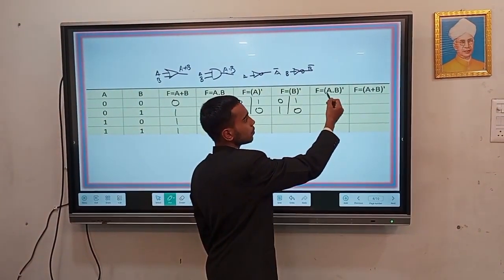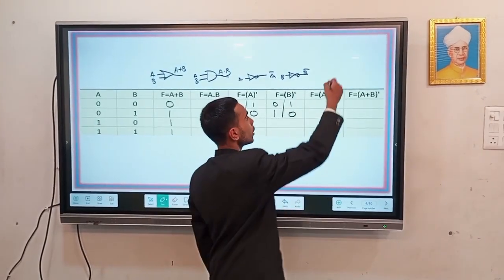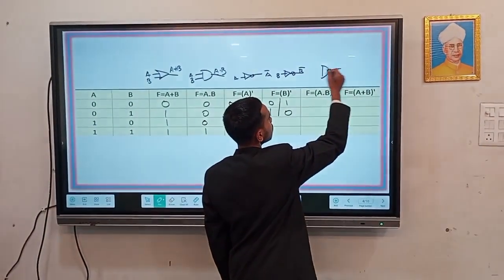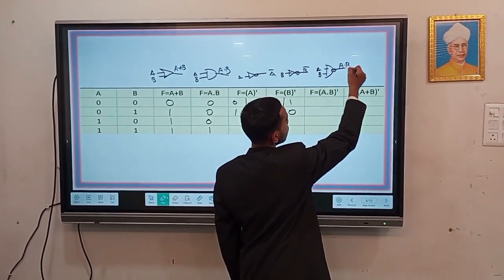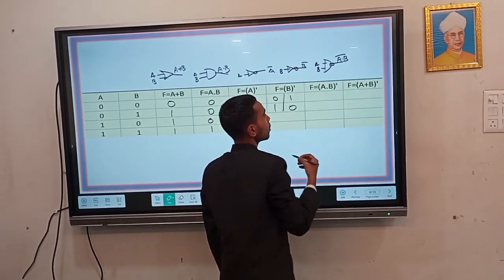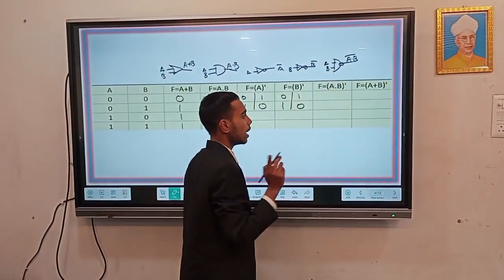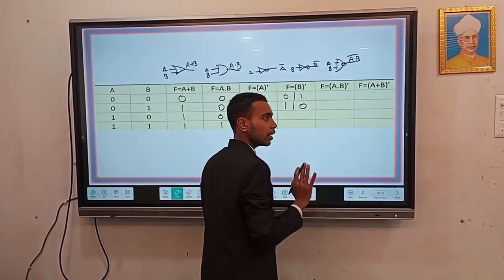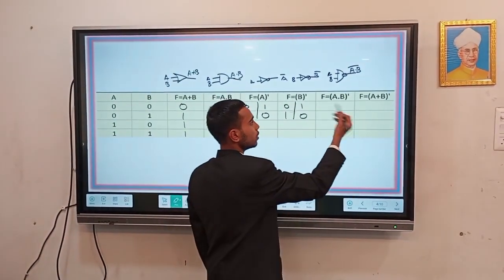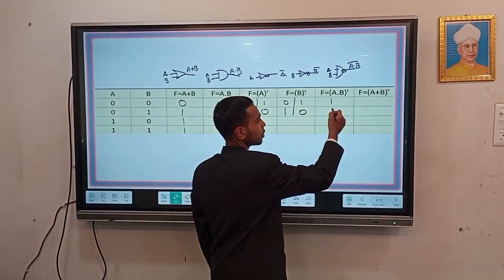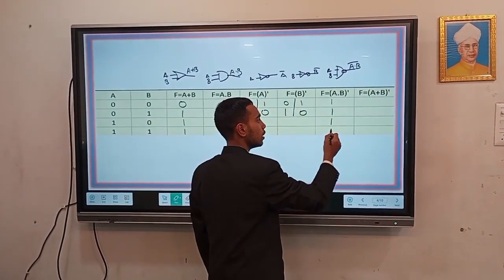Now here is A dot B whole complement. This is the NAND gate. The A and B are inputs to it, and the expression results into A into B whole complement. It gives the complemented value of the AND gate. Since the AND gate gives the output high when both the inputs are high, NAND is the reverse case. All the cases where AND was 0, it will be 1, and it will be 0 when AND was high.